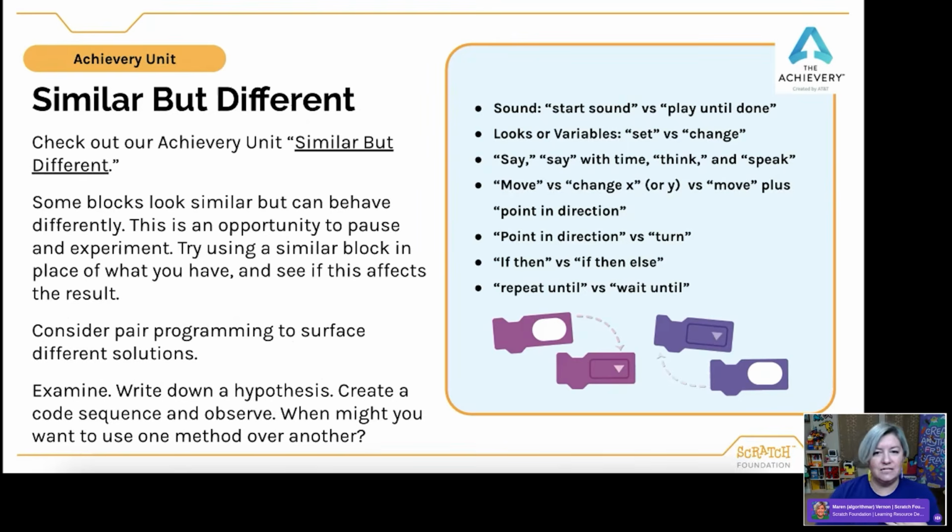And I like to start this activity, again, kind of not only myself hands off, but everybody hands off. So the first thing I will often do if I have similar looking blocks is say, okay, let's examine. Let's look at the blocks or the code sequence. Now let's make a hypothesis. So before you test the code by running the block or the code sequence, maybe write down or say aloud as a class what you think the difference is between these.